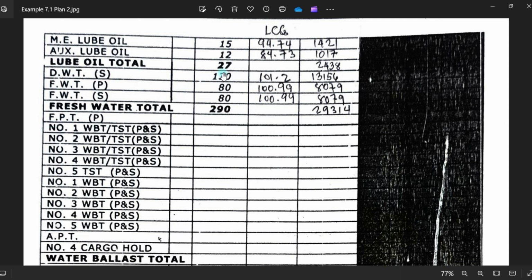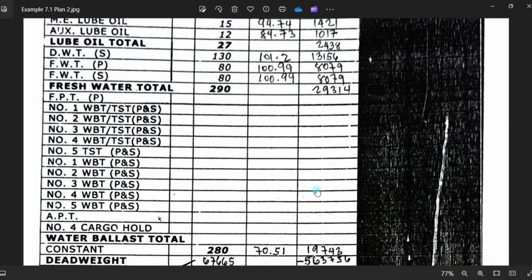Then we have the fresh water here. You have the weights, the LCG, and then you have longitudinal moments. So this will be the total weights of fresh water, and this will be the longitudinal moments of the fresh water. So you scroll down,